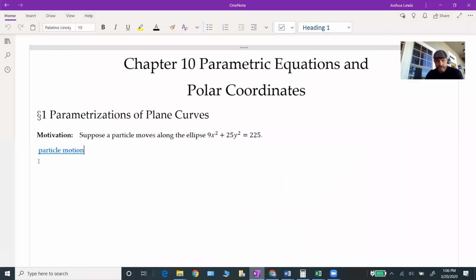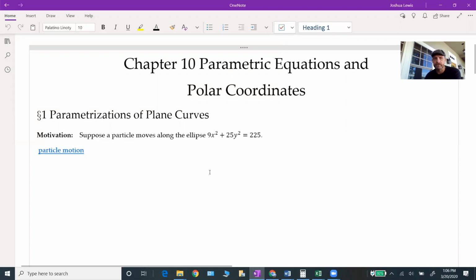Let's start by considering this example here. So this first section is all about parametrizing plane curves. I know this is covered in our pre-calculus 2 course. Hopefully this isn't completely new to you, something you've seen before, but I'm gonna give you a little review here. So hopefully it fills in some of the gaps and helps you remember some stuff you might be rusty on. So let's suppose that a particle is moving along this ellipse, 9x squared plus 25y squared